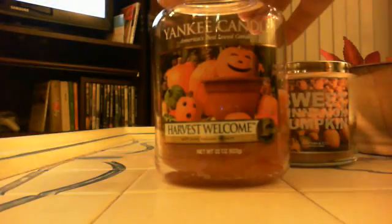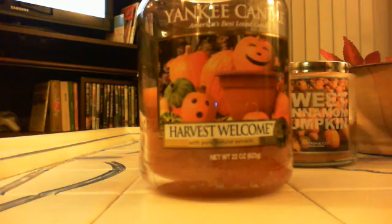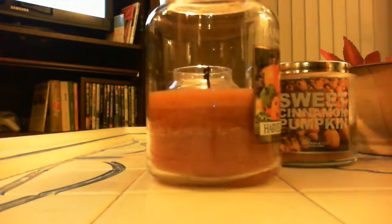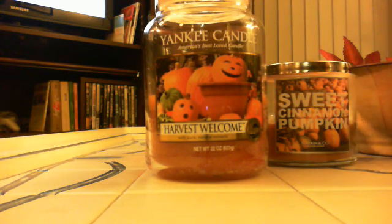And then the other one I have this week to talk about is Harvest Welcome. I really like this scent. At first, it smelled a little odd to me. I've melted the tart several times, and I just thought that it didn't smell quite the same as the tart. It seemed to be missing the spice element a little bit, so I don't know what the deal was, but as it's burned down, it's starting to smell like I remember, or like I know it to from the tart. So I'm starting to get more of the spice note, and it's a little sweet,